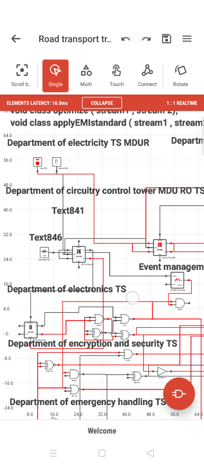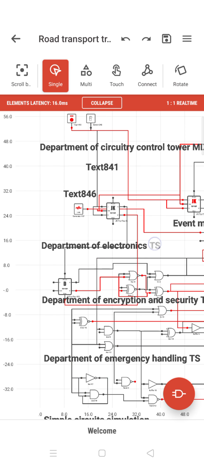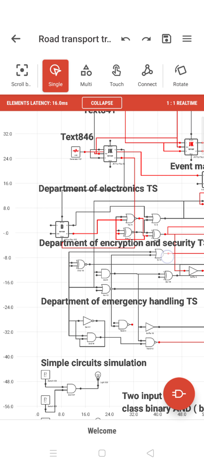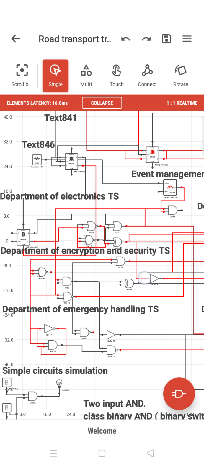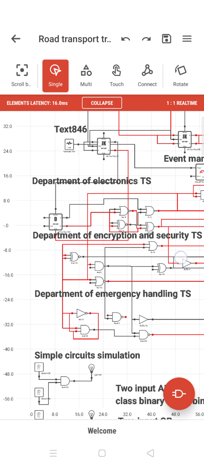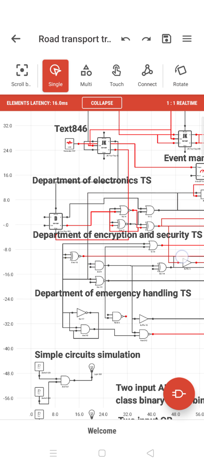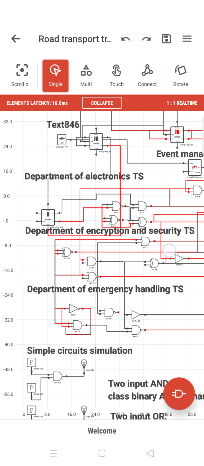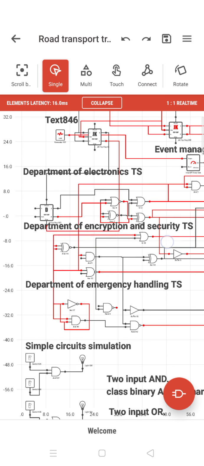Department of Electronics is another division for traffic control, and Department of Encryption and Security is for signaling and capturing videos. That is a separate department which does the electricity management for the various signaling on the road traffic.